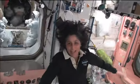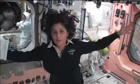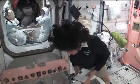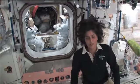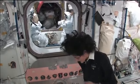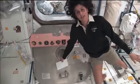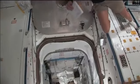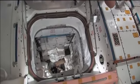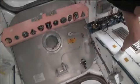We're lucky we have a really cool big space station that you can fly around in. That's actually called the PMM. You might have seen it out the window. It's a big silver canister. What's really great about that is it's essentially our closet and our pantry, or whatever you want to call it. We have extra food down there, we have extra clothes, we actually throw the trash out down there. So it's nice and organized, and we have all of our stuff that we need while we're working in all these other modules stowed in this location down here. And it's a lot of fun to play in. Now that's a lot bigger than